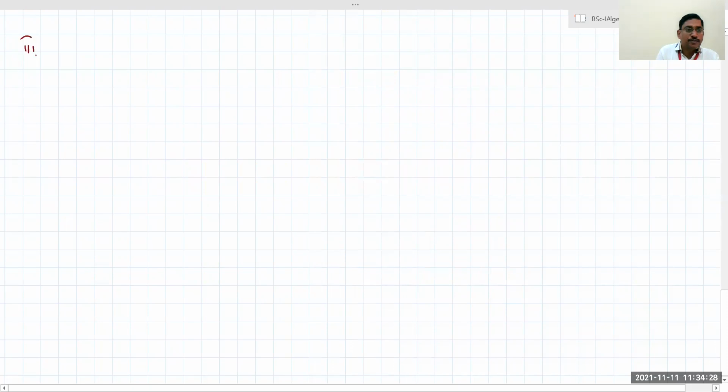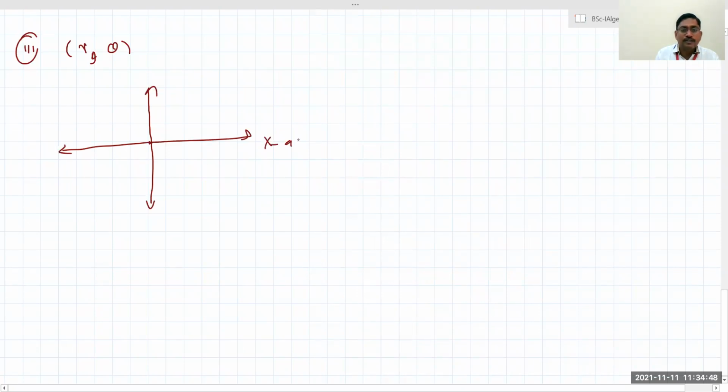Next term is, we have written the coordinates in the form of r theta. R theta doesn't mean r plus i theta. What do you mean by it, like x and y axis? I will just explain it here. This is the Cartesian coordinates, and this is called the x axis, and this is called the y axis. Suppose this number is x comma y. If you draw a perpendicular on the x axis, its distance from the x axis is x, and if you draw a perpendicular on the y axis, its distance from the y axis is y. So that point has position x comma y.